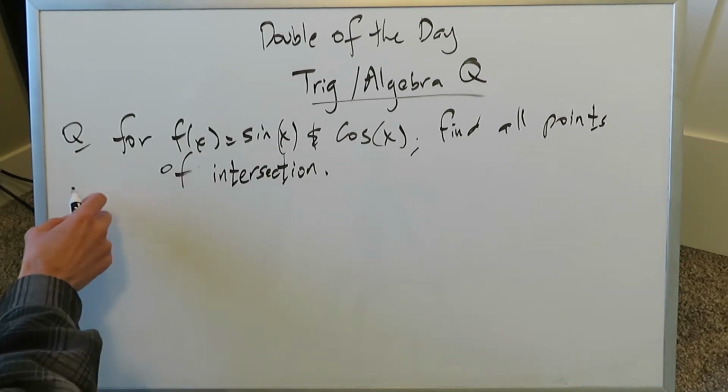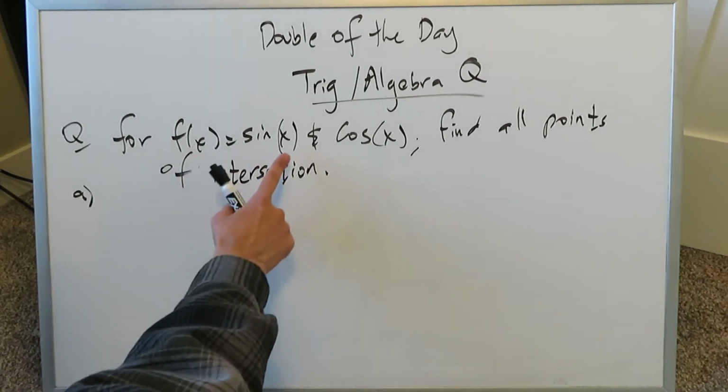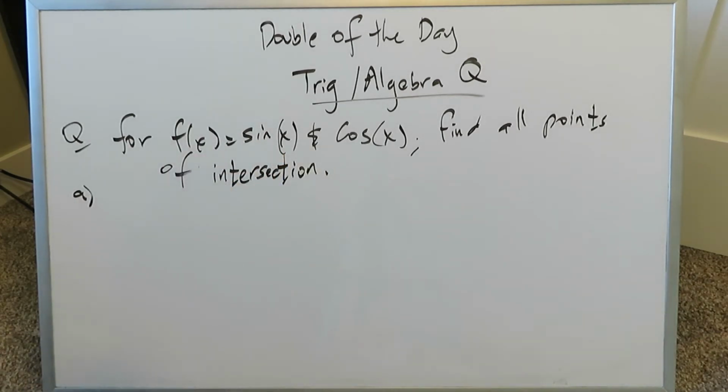So let's look at it here in terms of part A, but before doing that, understand the fact that this can be slightly challenging for some students and for others it may not be, but this is perhaps a good level of question for any 12th grade math student or advanced math student in their high school, even trigonometry students. For a function f of x equal to sine x and cosine x, we have to find all